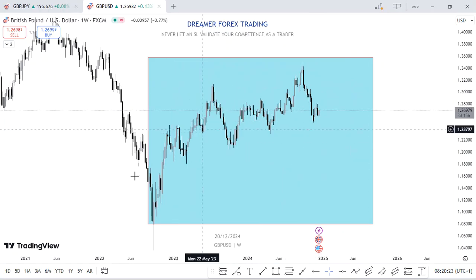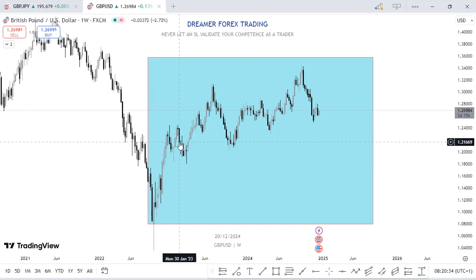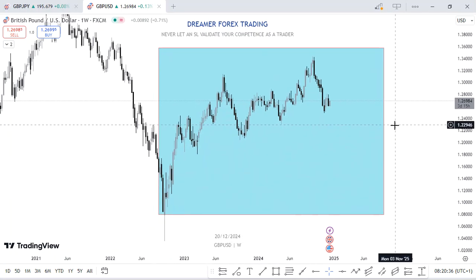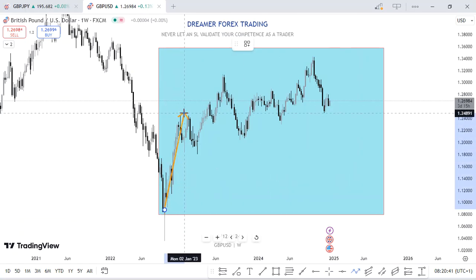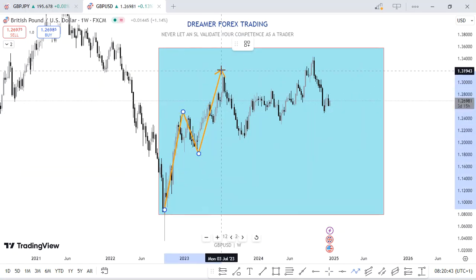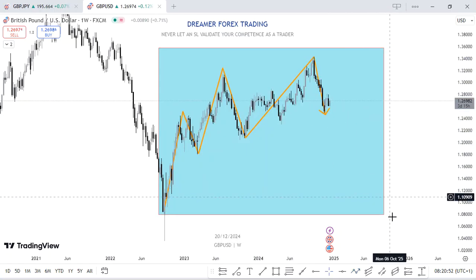Okay, so here, what we have is an uptrend. This is from the weekly time frame, and you can see the data is from 2022, which is much too far for me, but we still have it here. And why did we say it's an uptrend currently? We said it's an uptrend because the market is creating a series of higher highs, higher low, higher high, higher low, and then this is one impulsive move, which is a higher high, and then a higher low. And we're anticipating price coming back to create another higher high,